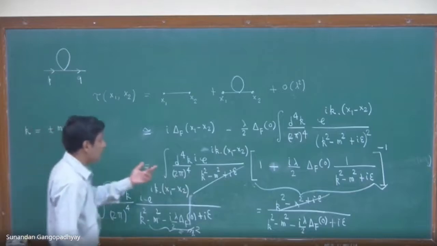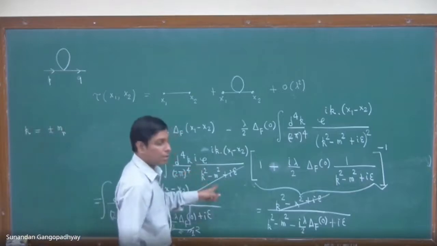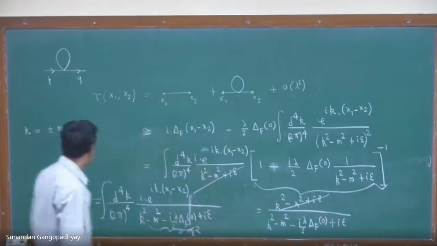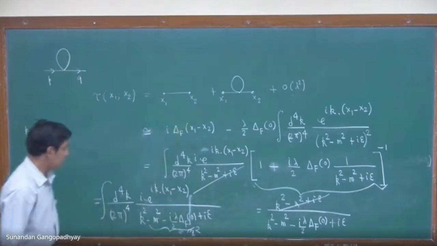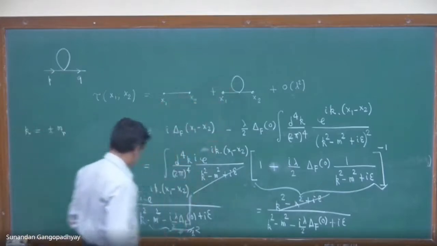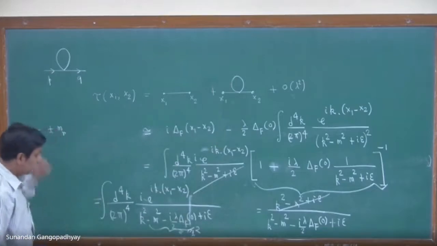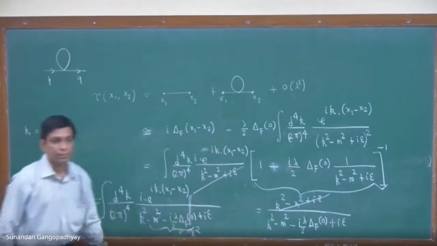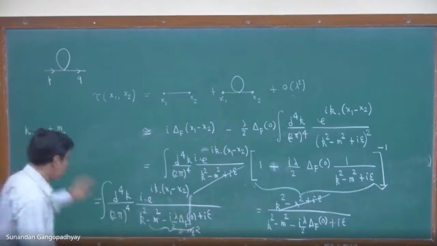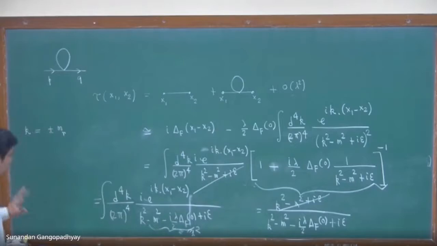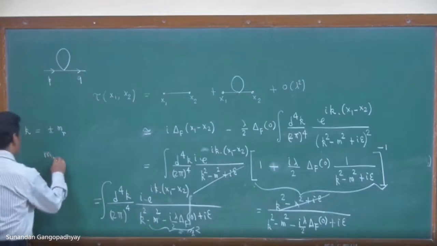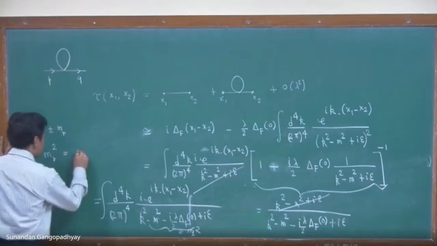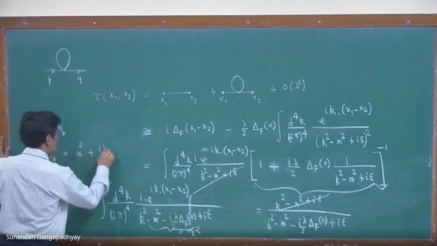So what does the pole tell us? The pole of this gives us information about the mass of the scalar particle. So now the first order in the coupling constant that we have incorporated tells us that the mass has shifted, because the pole gives you the mass of the particle and that mass has now undergone a change. And it is interesting to note that we call this m_r squared, m squared plus i lambda by 2